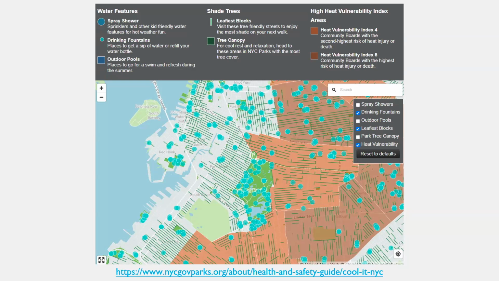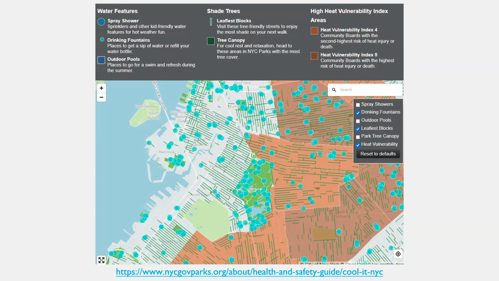All the areas in blue are water fountains across the city so people can get access to water. And the lines in green are streets that have a lot